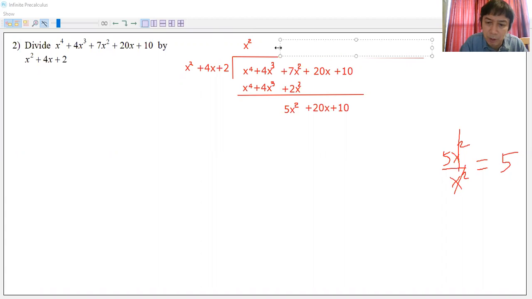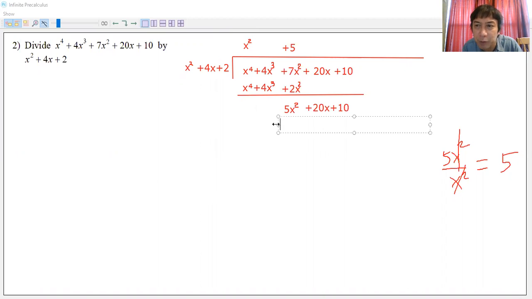This will be plus 5. All right, that's the quotient. After divide, back to multiply. That number 5 times the divisor. And so we're going to multiply now, and the result of the multiplication, the product, will be 5 times